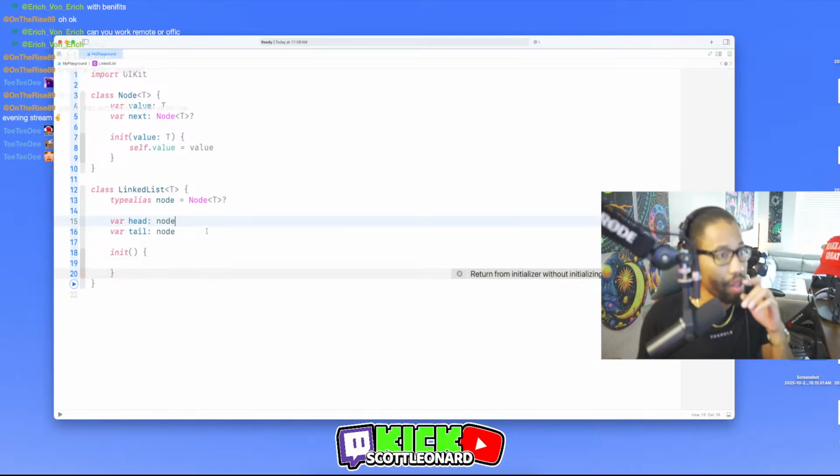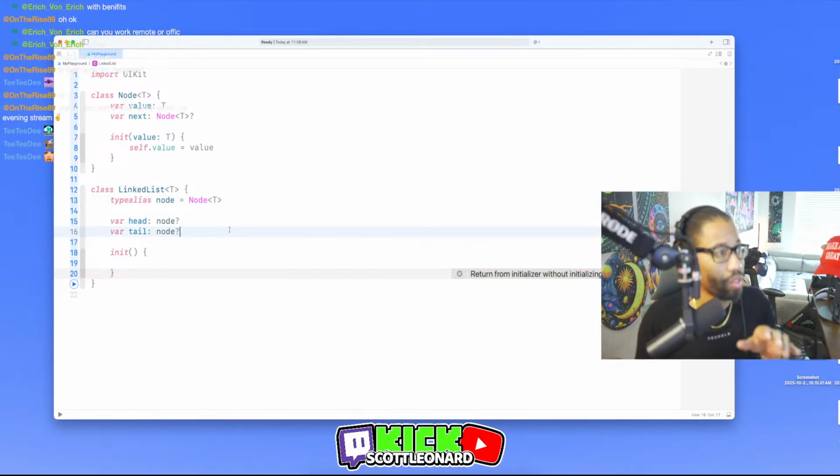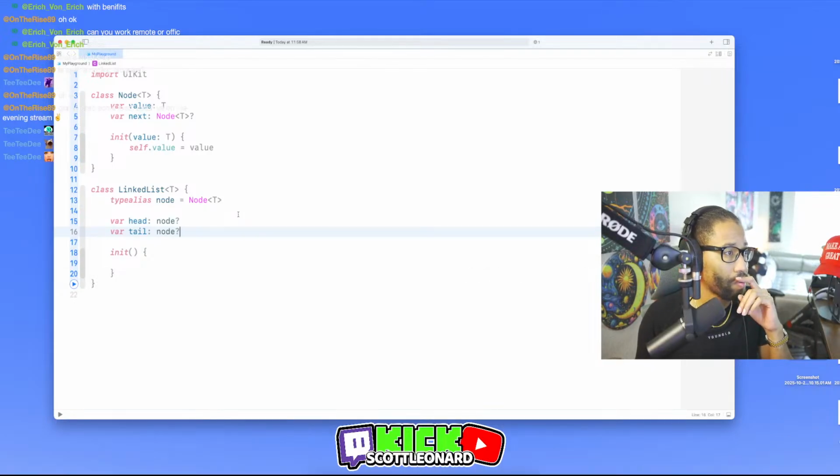Actually, it doesn't need to have that. Return from initializer with initializing all stored values. So this doesn't need to have optional. These do. Like this. Yeah.